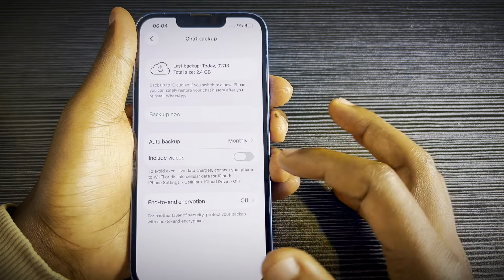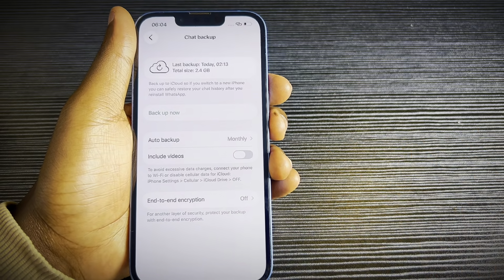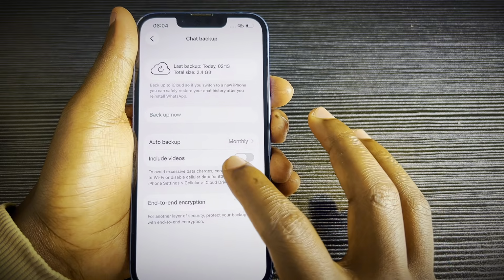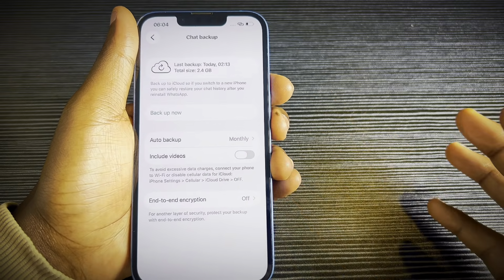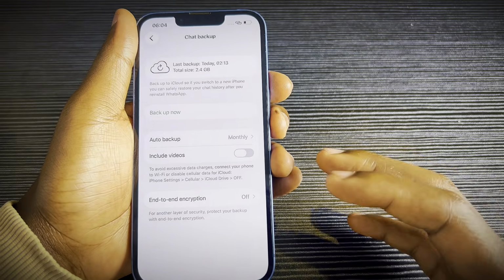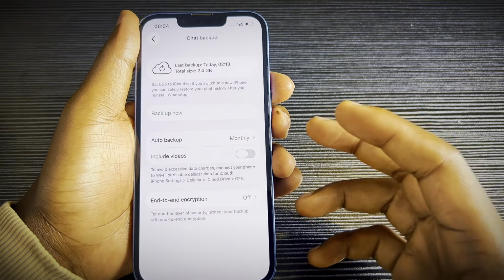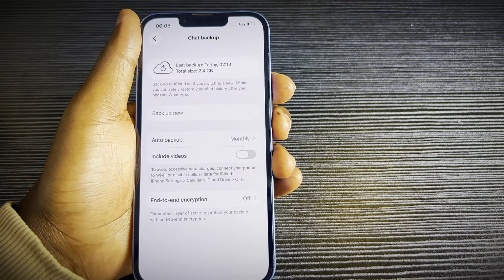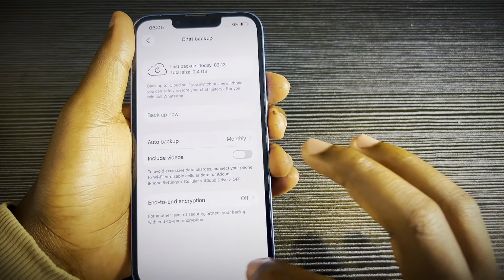So if you want to include the videos, you can include them, obviously it will take time depending on the size of the videos. However, if you do not want that and you just want the chats, you just say backup now and it will backup to iCloud. So iPhone will backup to iCloud in the same way as Android will backup to Google Drive. So once you say backup,